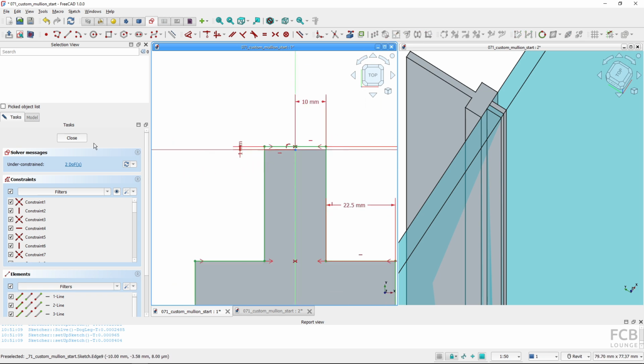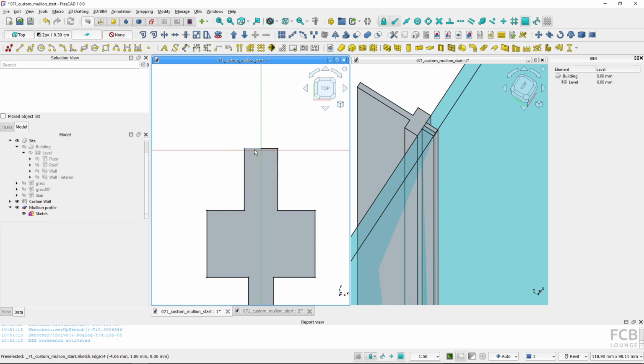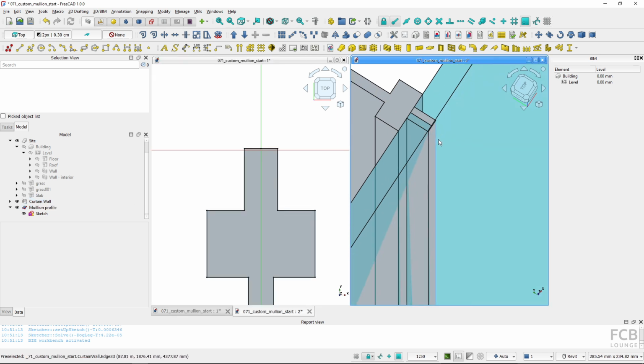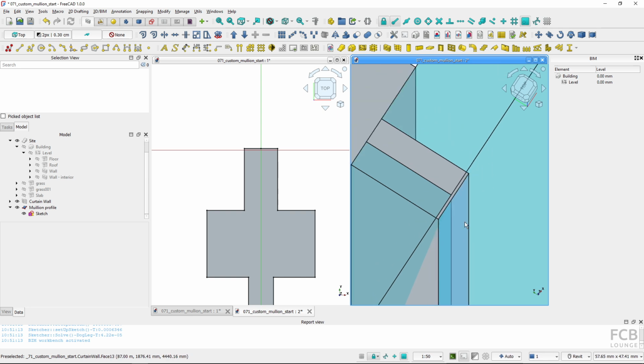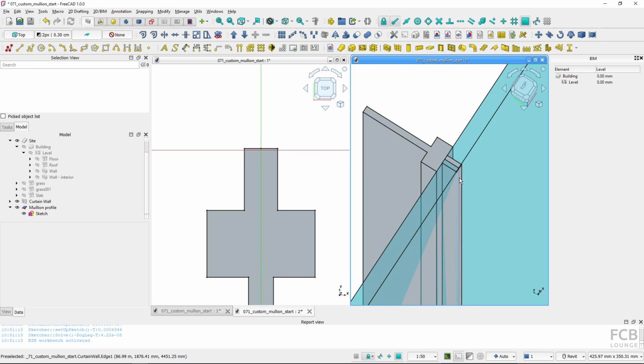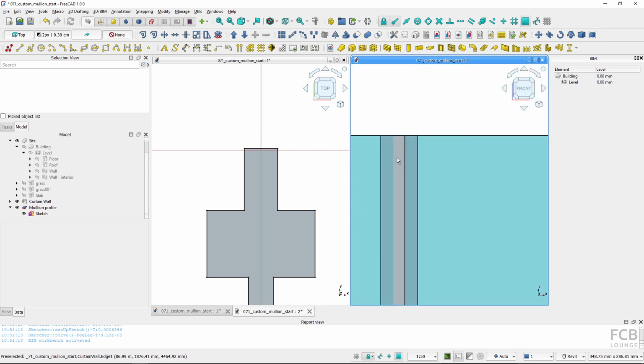So now if I close it, it should be okay, and the profile, the face is updated. And you can see that also the mullions are a bit overlaid, the 1 millimeter. So now if we would look at it from the front, we will not see this line that's created by